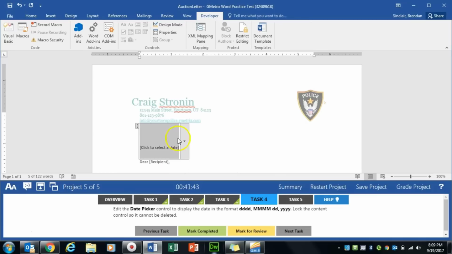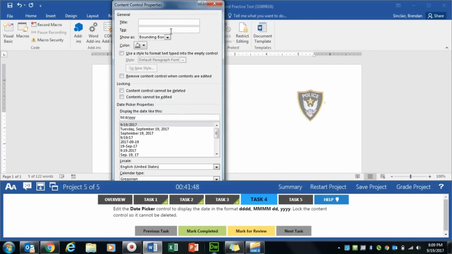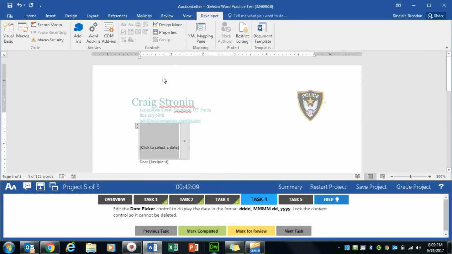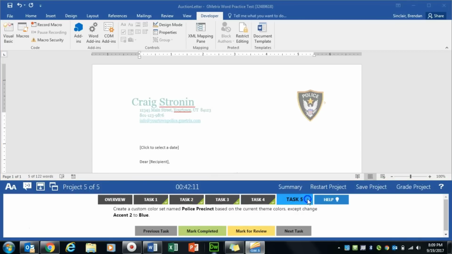So from here, with the date picker selected, we're going to click Properties. Now, it tells us to do two things. We're going to tell Word how we want this date displayed. So we'll type in all of this. And it also tells us one last thing, lock the content control so it cannot be deleted. So we'll click that and click OK. We'll click Mark Completed. And Task 5 asks us to go ahead and save a color set based upon the